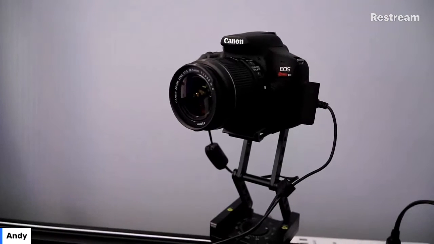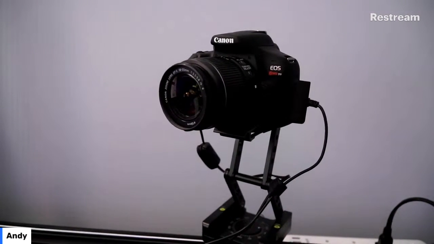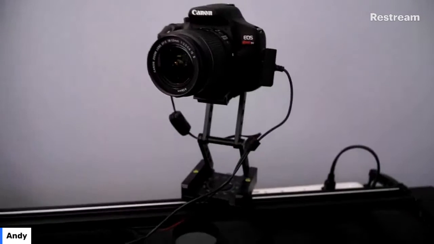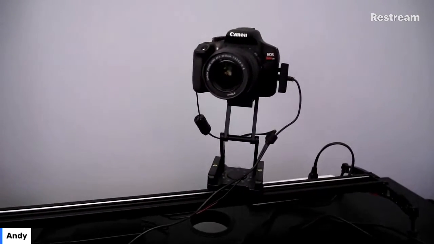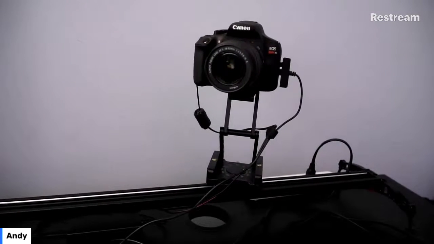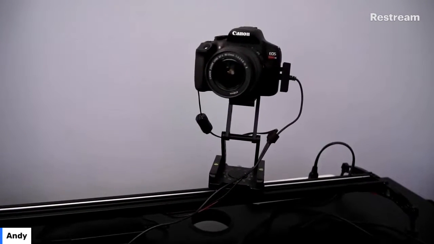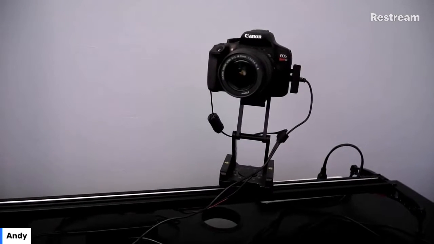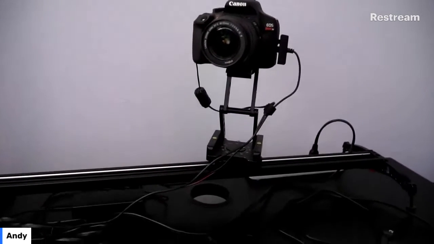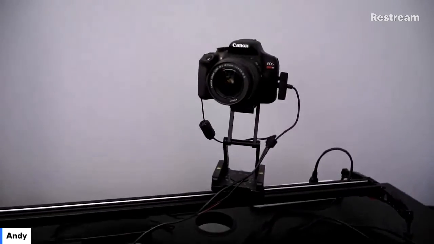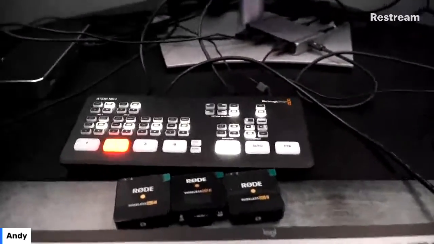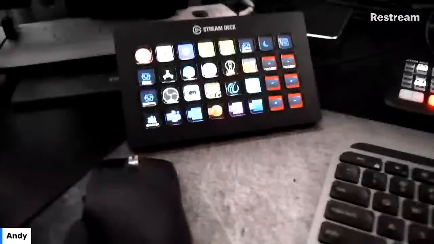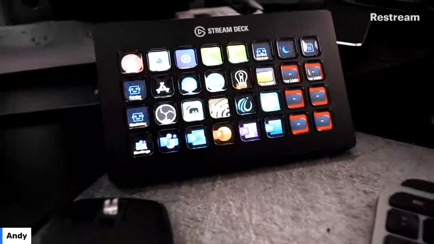And then over here we have my previous DSLR camera. This was basically my mom's camera. She didn't know how to use it, so she gave it to me. And I used that in Teams as a USB camera. So there was some software. We'll talk about that in a little bit. I was using that for a while, and then the USB software stopped working. So I had to switch to the HDMI and do a hardware encoder into the system and go from there. And then I control everything with my Stream Deck.